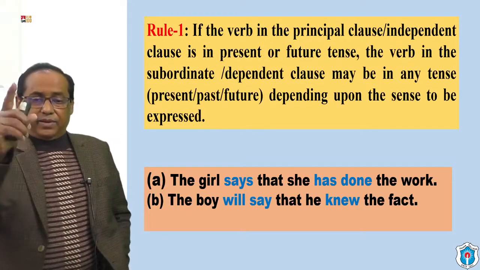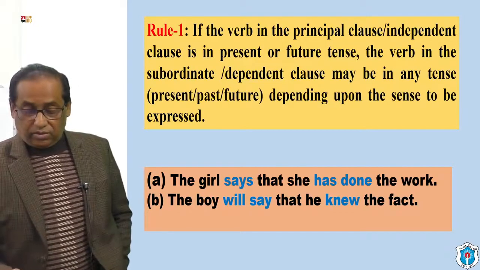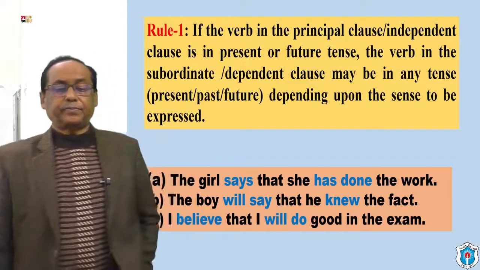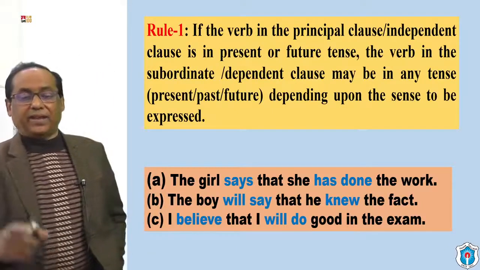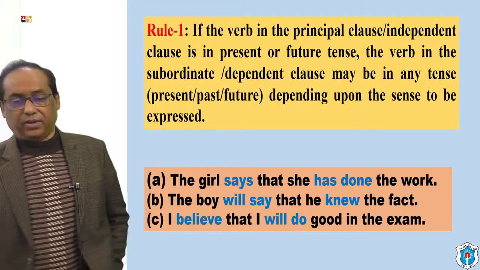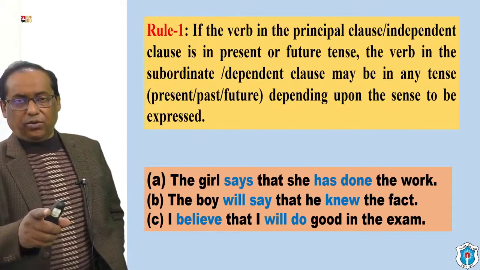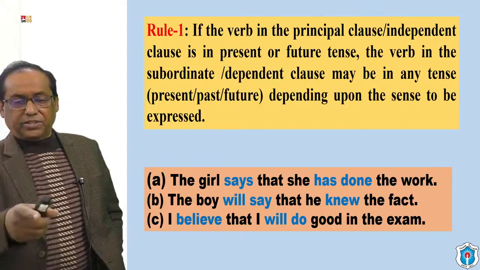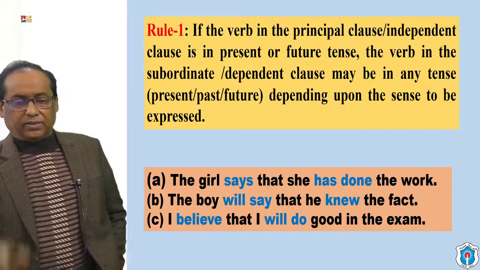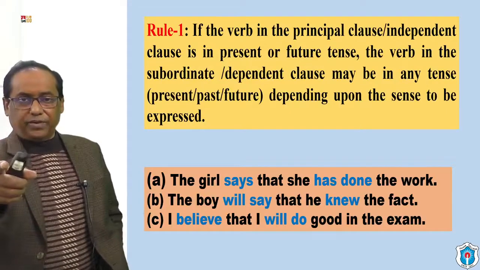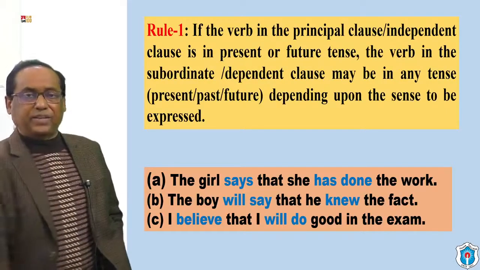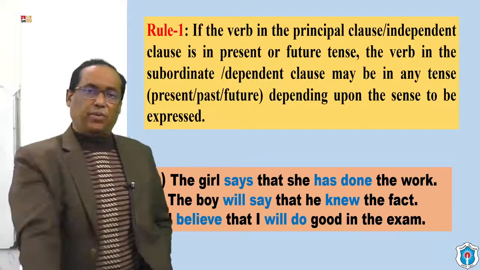তাহলে নিশ্চয় তোমরা বুঝতে পেরেছো। আরেকটি উদাহরণ আমরা দেখি। I believe that I will do good in the exam. So প্রথম সেন্টেন্স দেখো, প্রিন্সিপাল ক্লজের ভার্ব আছে প্রেজেন্ট টেন্সে, দ্বিতীয়টি আছে will say future tense. I believe. Believe is again present tense. So in the three examples,